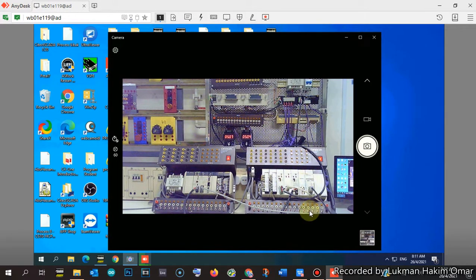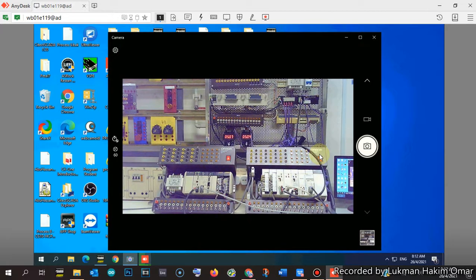For example, I switch on switch number 5 in the PLC master to actuate the output number 10 in the PLC slave. And also we can do vice versa. For example, I switch on switch number 10 of the PLC slave to turn on the output number 15 of the PLC master.